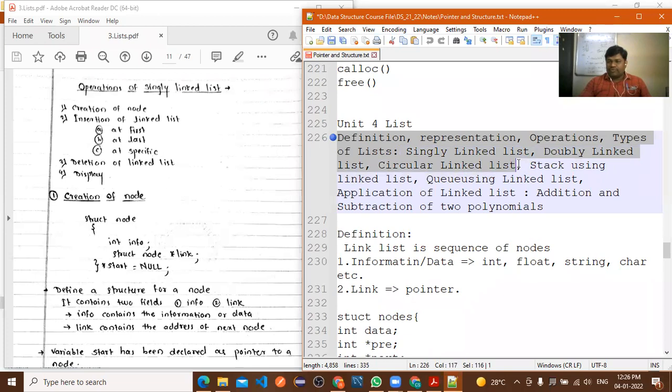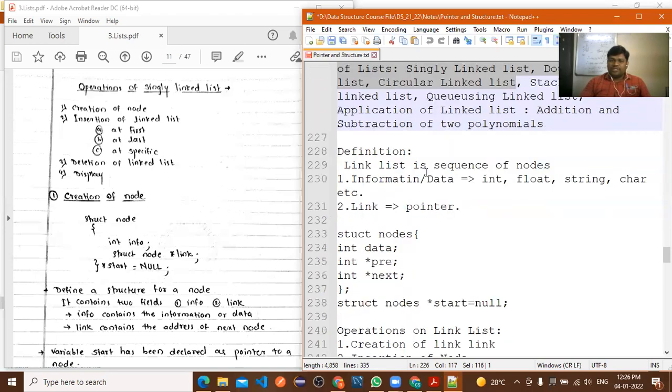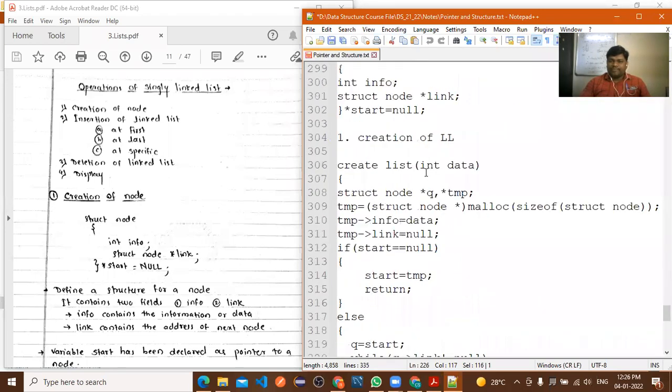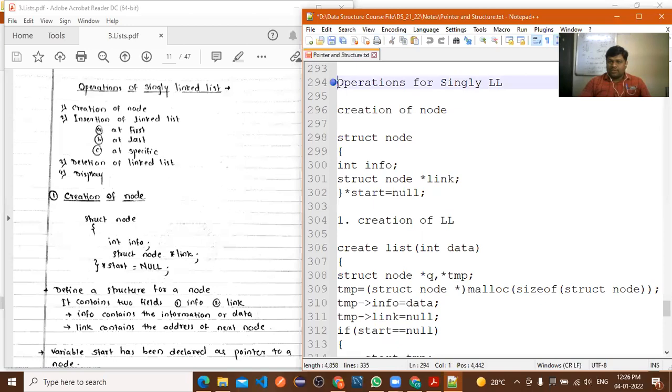The meaning of all these types we discussed, right? Now we started the detailed discussion regarding the singly linked list, the operations of a singly linked list.